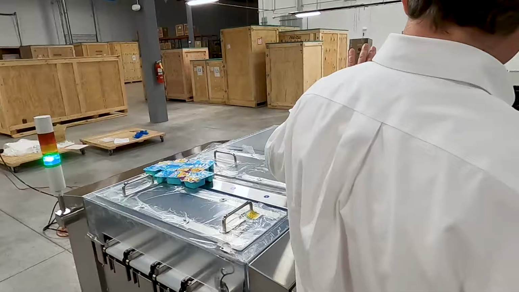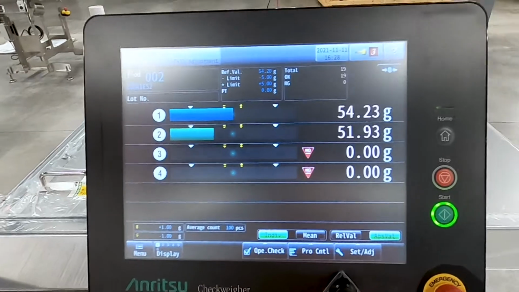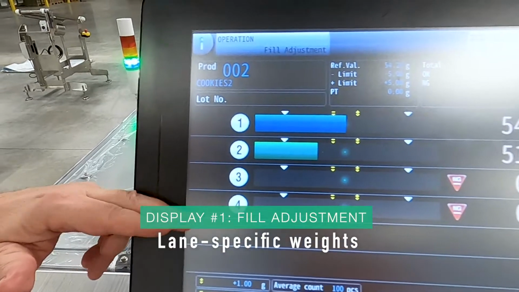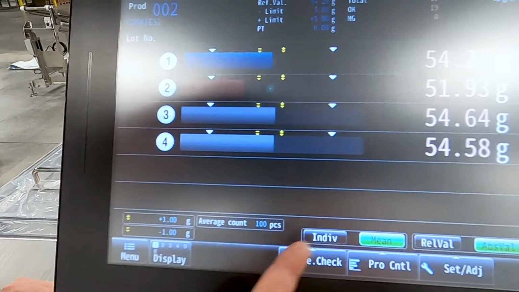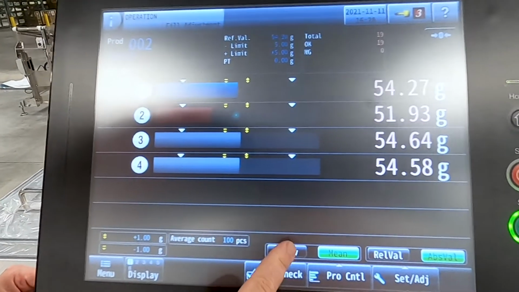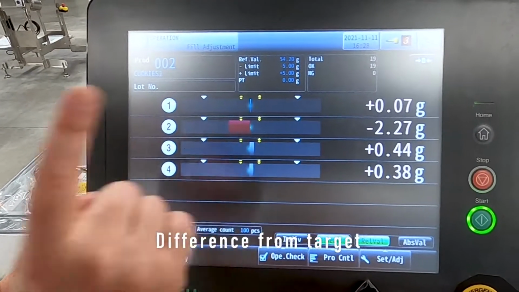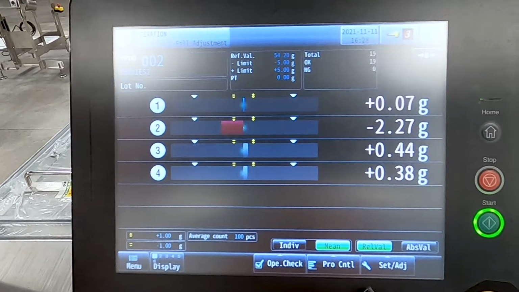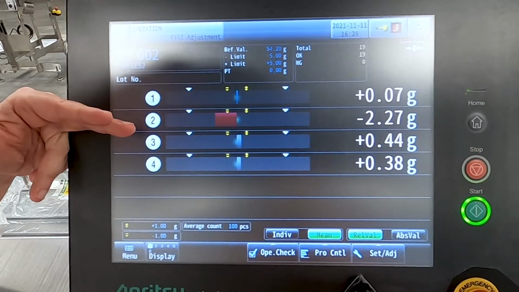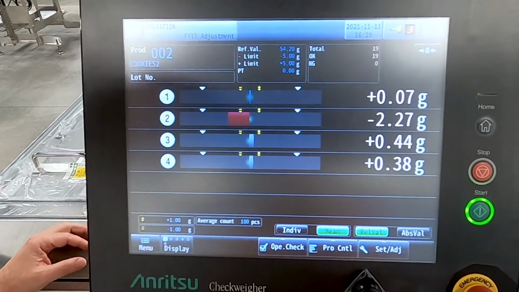Want to check out the user interface quickly because we ran a few products and want to walk through the screens in a little greater detail. First off, screen 1, we can see each lane very independently. We can look at the individual weights, the last one on the screen, or the means. You can see at a glance how the lanes are tracking. Another nice thing is if you set this up, you could also look at the difference from the target. So very quick way of seeing, is lane 1 running well, which it is, but lane 2 appears to be running a little too low. Lanes 3 and 4 look good as well. A real nice high level instant check of how my production is running.